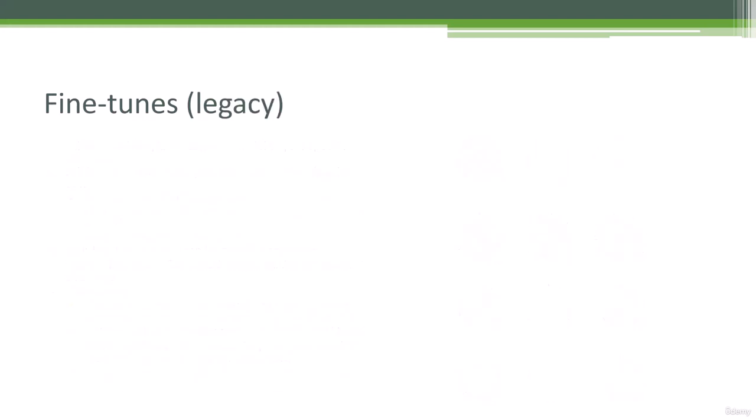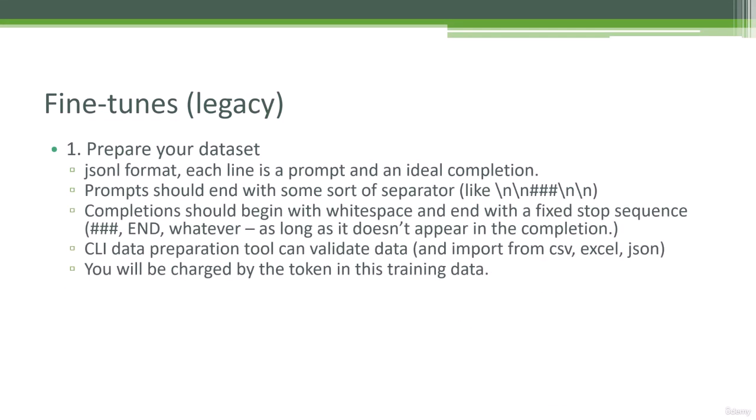So there are two fine-tuning APIs available right now from OpenAI. One is the legacy version, which is called Fine-Tunes. And as of 2024, this is probably going to go away. It's already been officially deprecated, but this is the one that is a little bit more mature right now. There's a brand new one we're going to talk about in a minute, but this older one works with the completions API as opposed to the chat completions API. And data preparation for it is a little bit more involved than the current newer API as well.